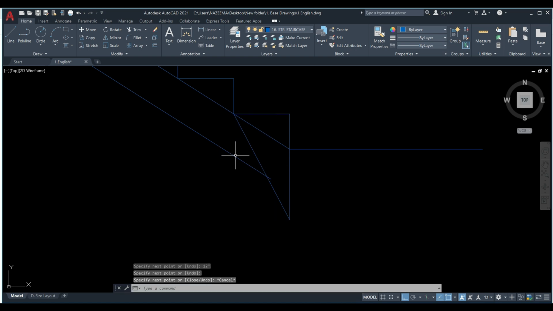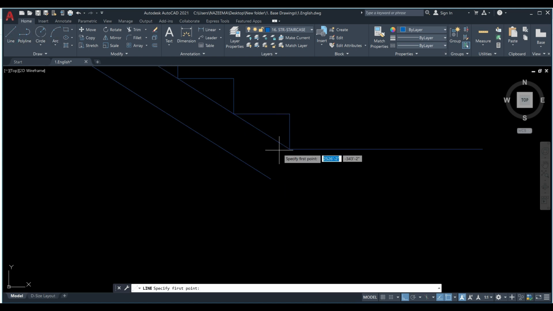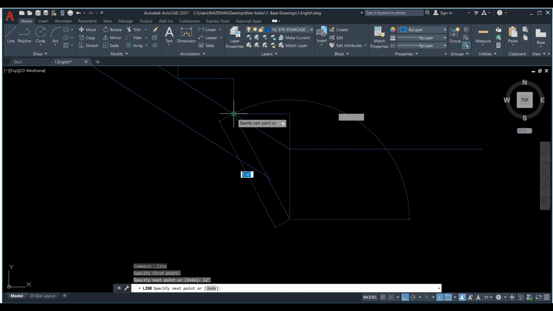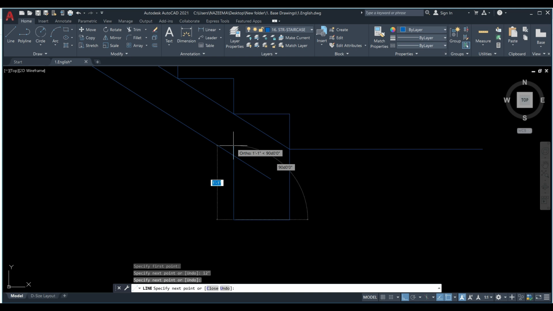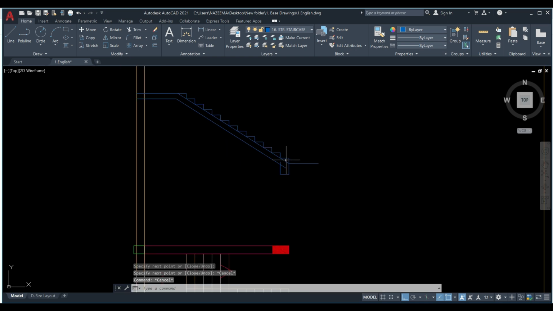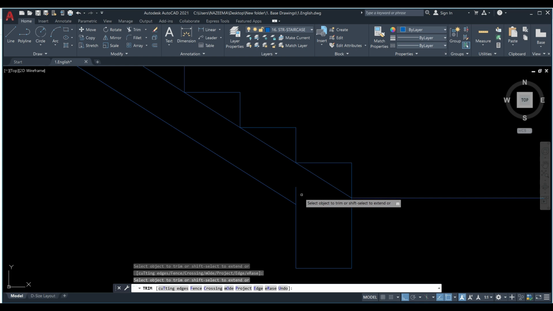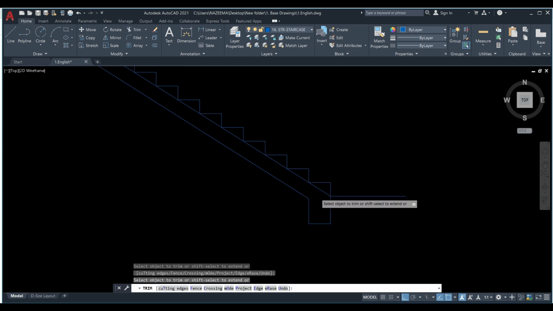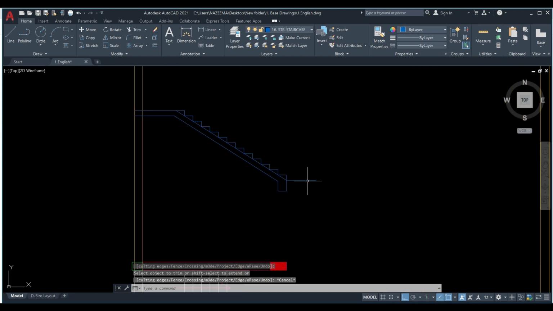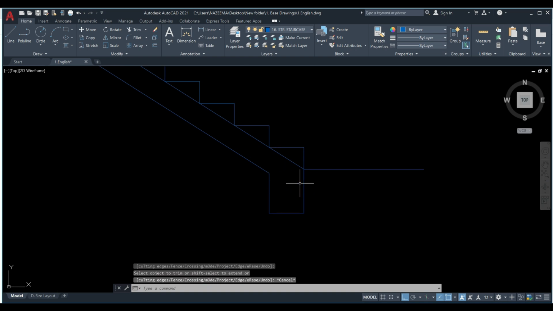Let me just Control Z that. We will draw 12 inches. Okay, then whatever line is there, try to get that line and draw it like this. Once you have done that, I'll go for the trim command again and get rid of this particular portion. Now, because our drawing is such that right underneath the staircase you have the plinth beam, we're getting a plinth beam like this. What if we had the plinth beam after a 3 feet distance from this one staircase,